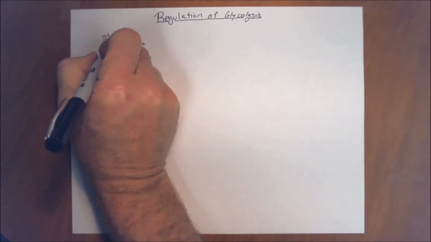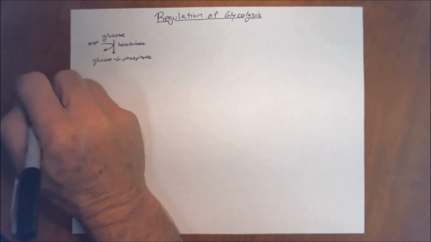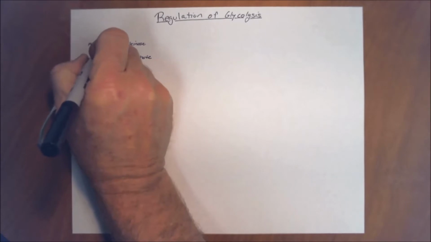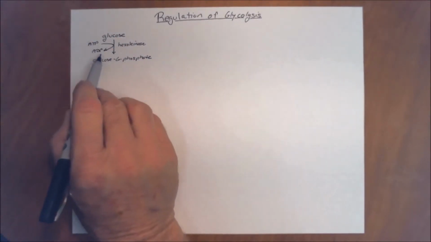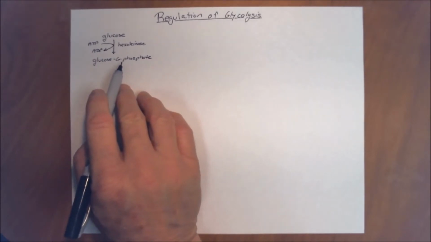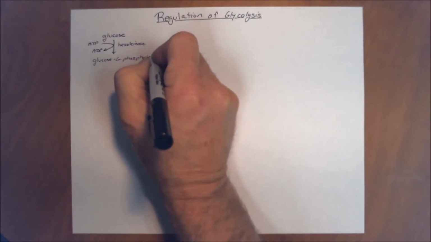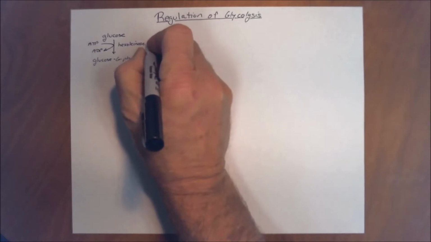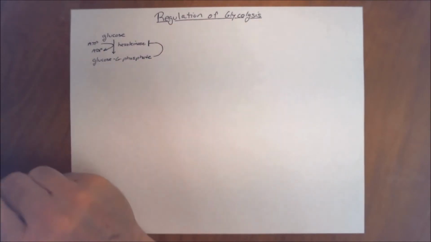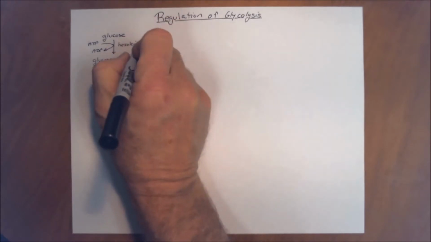This, of course, is the trapping reaction and also preparing the glucose for subsequent reactions in glycolysis. And remember, this is part of the preparative phase, so we are using ATP as a source of phosphate for this reaction. And this reaction is very simple to regulate. The hexokinase is undergoing a feedback inhibition from the product. So as the glucose 6-phosphate starts to build, it will feed back onto the hexokinase enzyme and slow the process